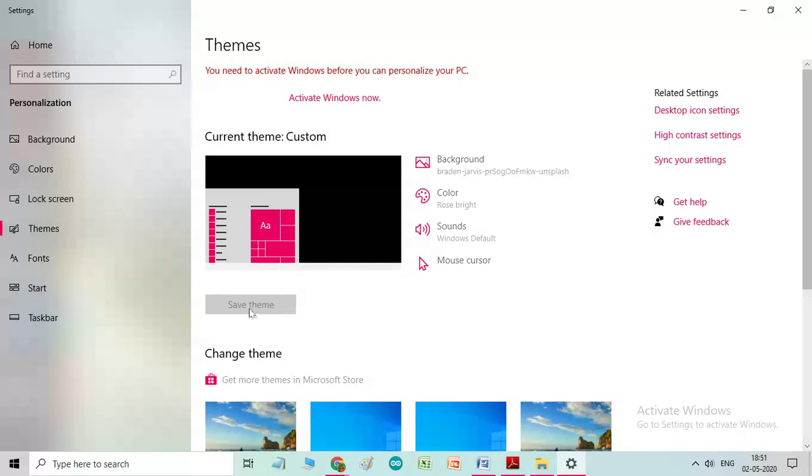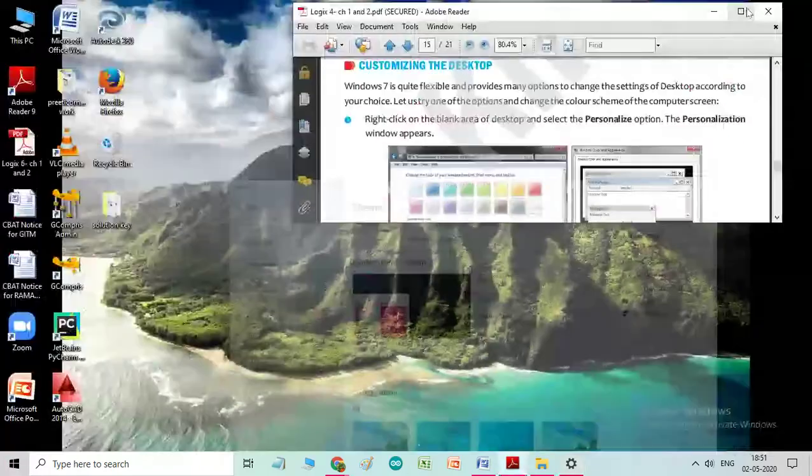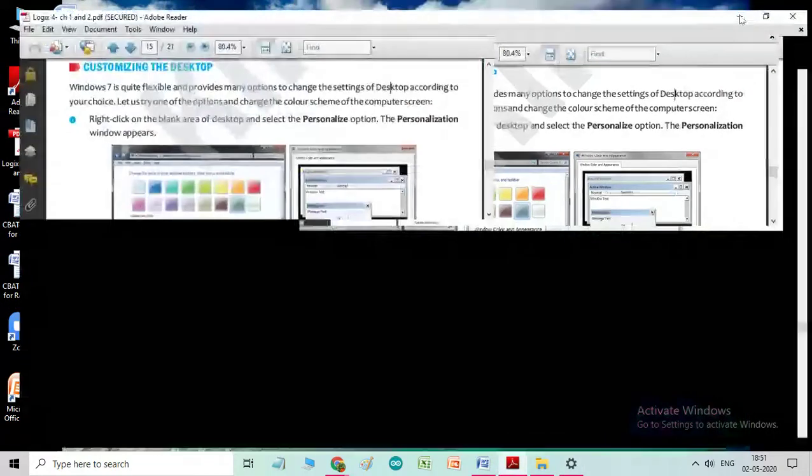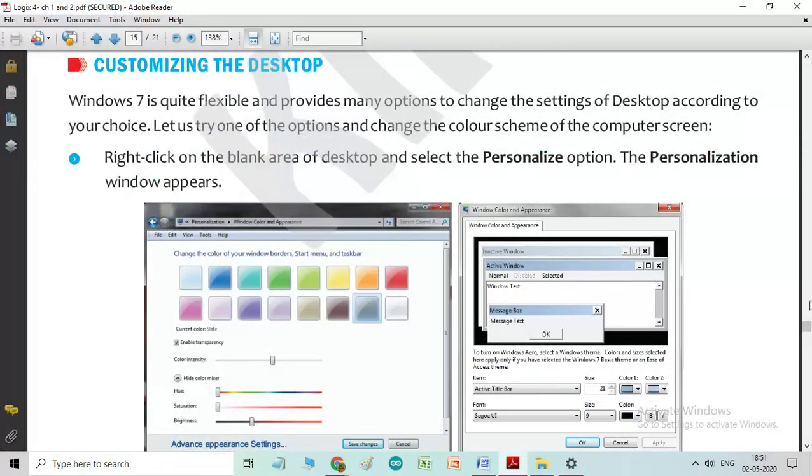You can choose from here. You can even change the color, background, fonts, everything, whatever you wish, with this personalize option.